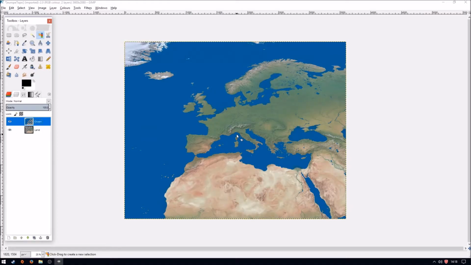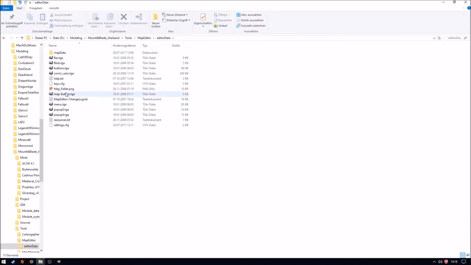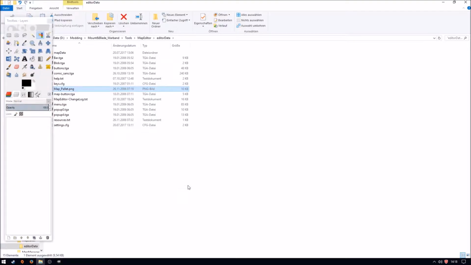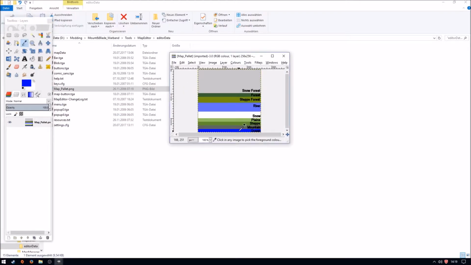And now we're going to go into the map editor again, into the map editor folder, Tokens map editor. And then there you're going to find a map palette.png file and open it in GIMP. And there you will find a color palette, and this color palette is actually what the editor uses to recognize the various terrain types, so that it recognizes oceans, mountains, rivers, and plains and stuff like that, and snow and forests. And you now want to use the color picker tool to pick the ocean color so that it gets